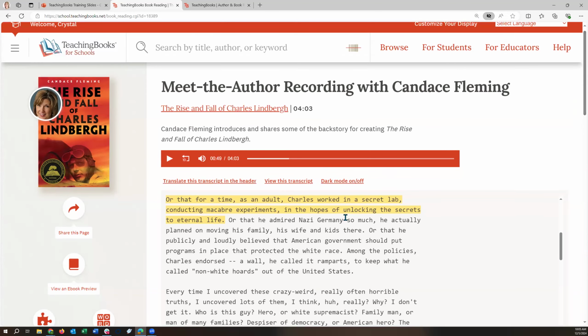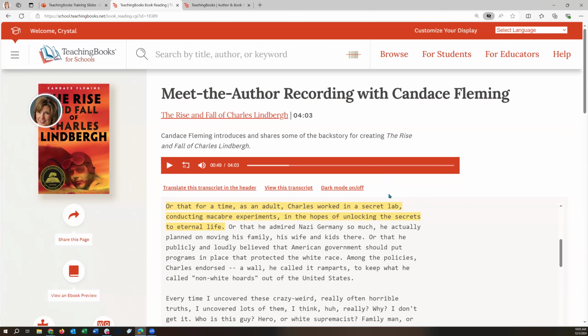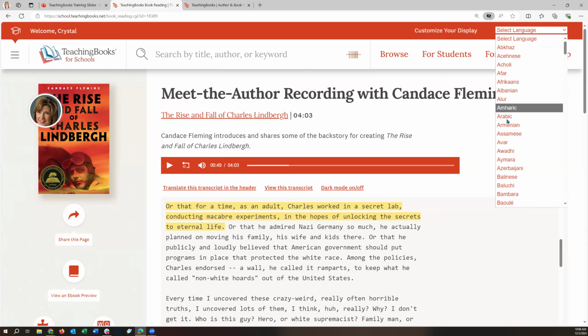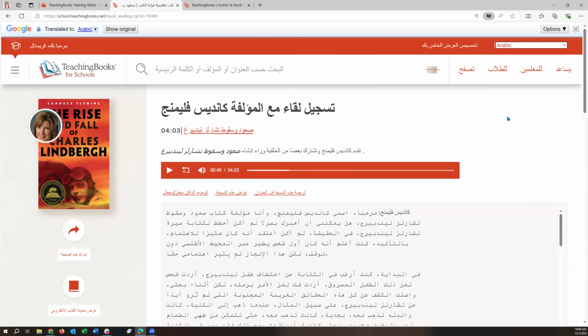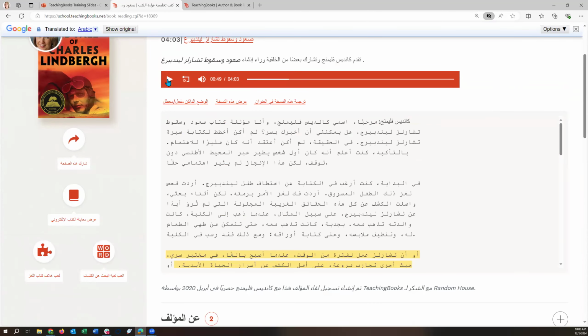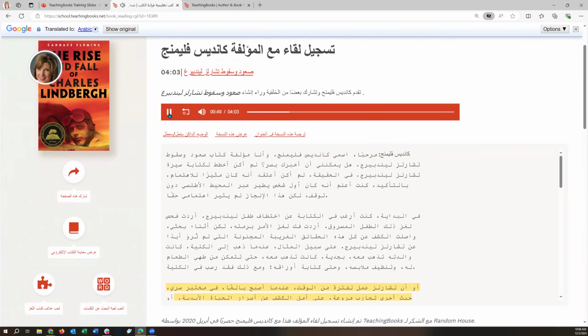One thing to note about any of the transcripts here on Teaching Books is that they can be translated too. So when you're thinking of the different learners that you work with, up here in the upper right corner, you can select a language. So if you want to select a language and maybe you have an Arabic population, if you select Arabic, it will translate the transcript into Arabic, but if you press play,